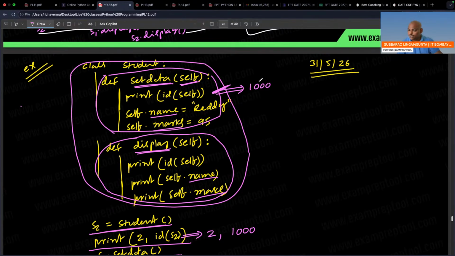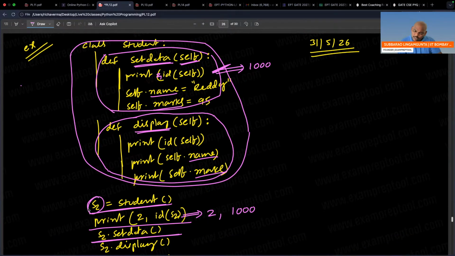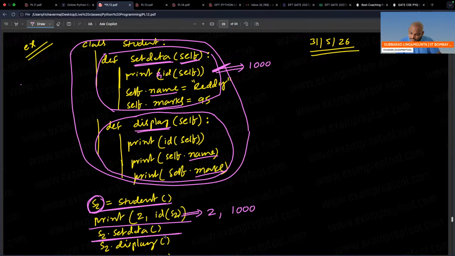If you want to print 2 also, 2 means the second object, S2. So 2 comma 1000 will be printed, because the same object came.